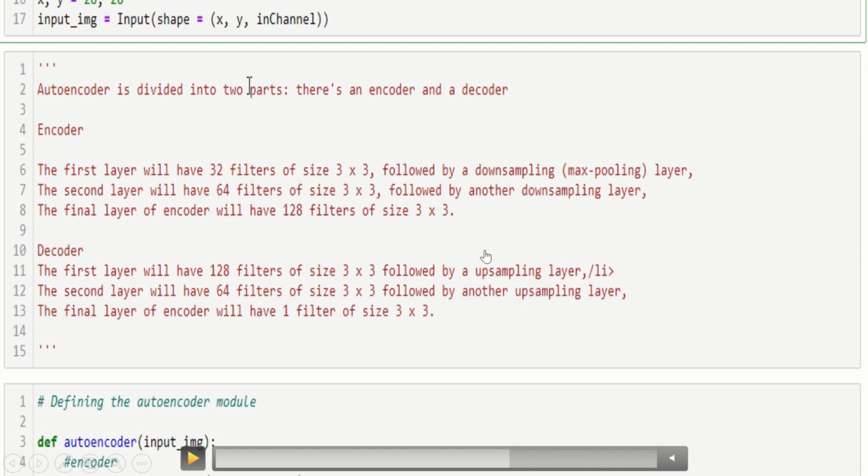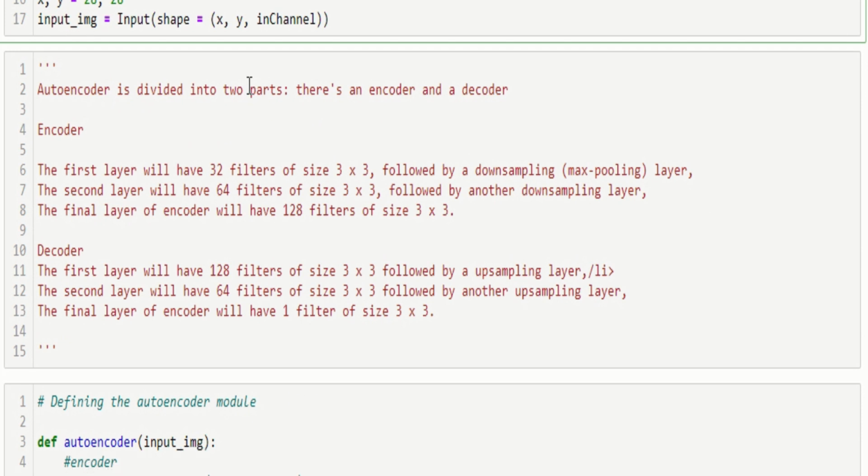I told you this very clearly. There are 3 parts: input, output, and hidden layer. I mean, encoder and decoder are the main components that you need to talk about technically. So what is the encoder? The encoder will be the first layer where we are going to have 32 filters of